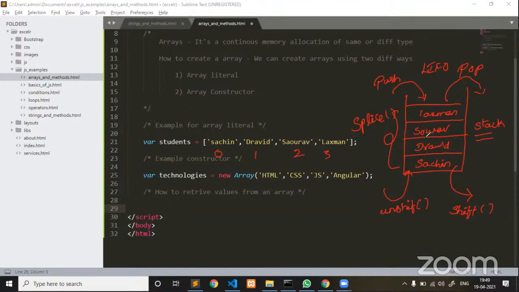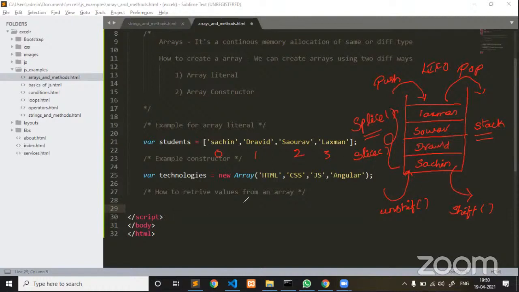And there is one more method, the extraction technique. However, string also has extracting techniques, substr and substring. Now array also has an extracting technique, that is slice. The slice method is for extracting a couple of values from a bigger array. Now splice is for adding or deleting values from an array. Slice is for extracting a portion of an array from a bigger array. Don't get confused between splice and slice.